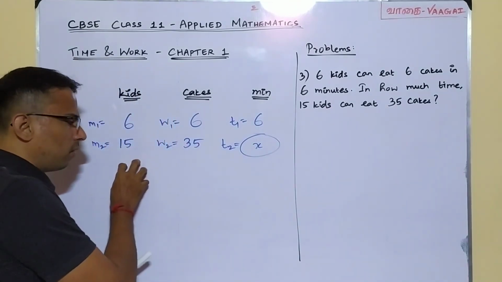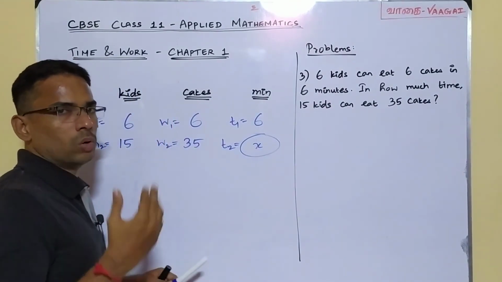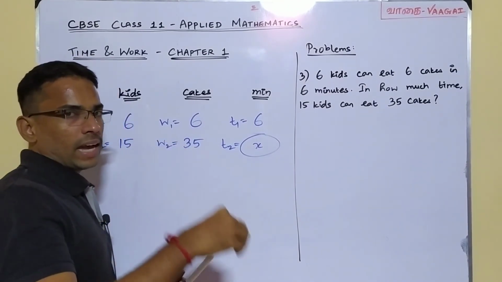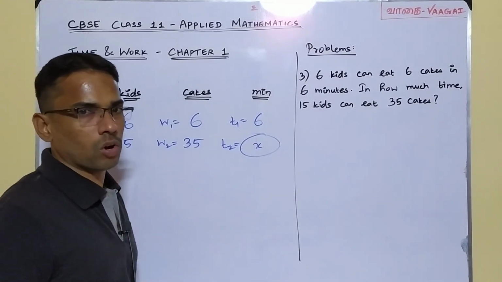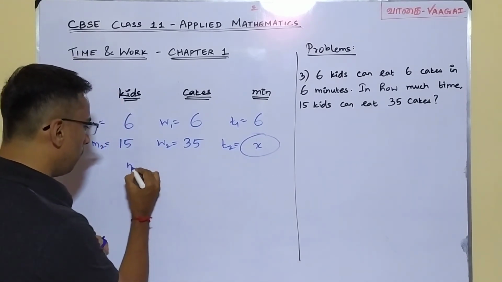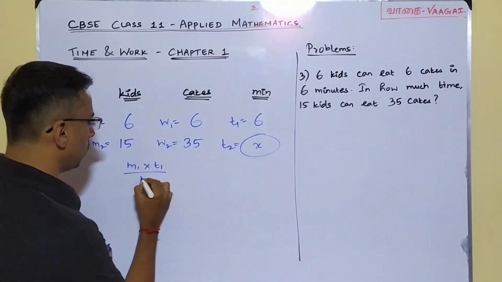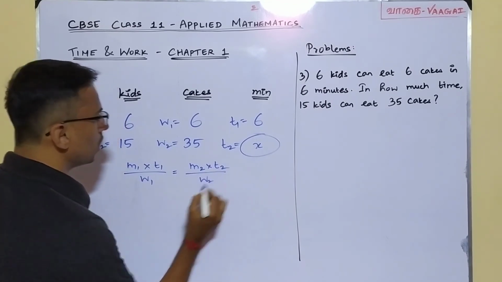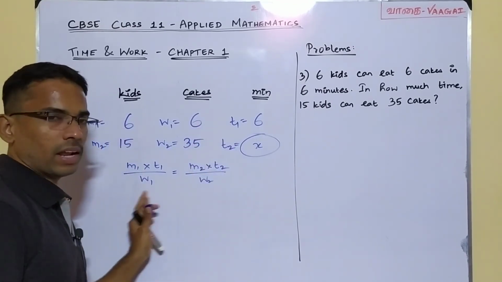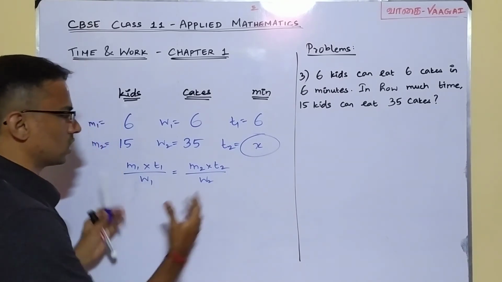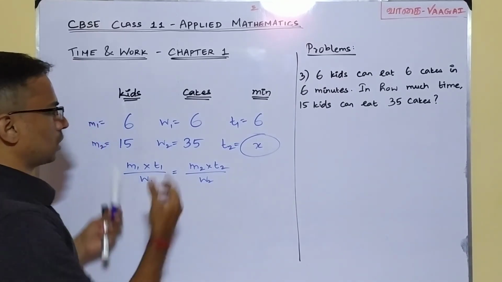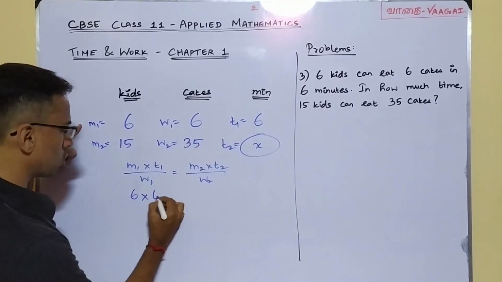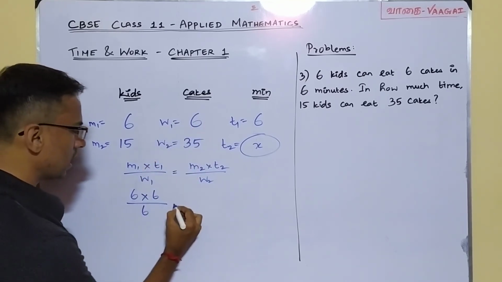Just remind yourself of the relation between manpower, work and time, how we related them. We have the relation: manpower into time by work is equal to a constant. You can even rewind this video and see there. In other words, M1 into T1 by W1 is the same as M2 into T2 by W2. Since we have only 2 cases here, it's enough if we write 2. Let's substitute the values now. M1 here is 6 into T1, which is also 6, by W1, which is also 6,